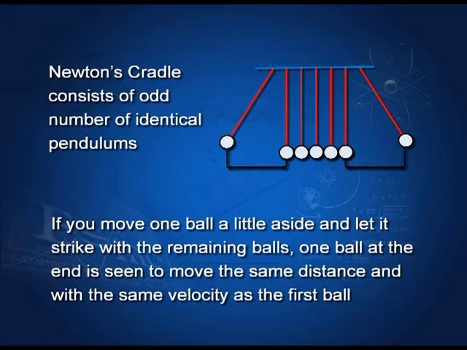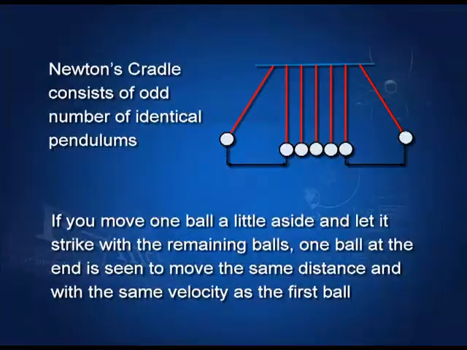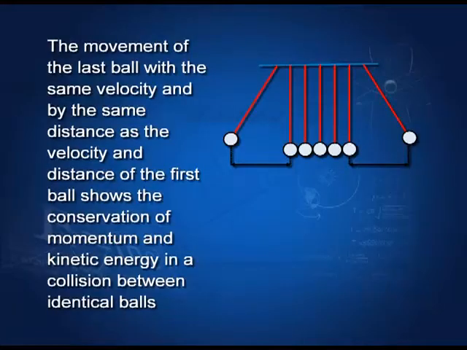And here is something that you can see in many science parks. For example, in the NCERT science park, you can see this machine called Newton's cradle. It consists of an odd number of pendulums, and this shows the conservation of momentum in a collision. You take one of the pendulums slightly and then let it fall back on the others, and you will see the end pendulum goes off by the same amount as the first pendulum. So, this sort of is a confirmation of what we are doing.